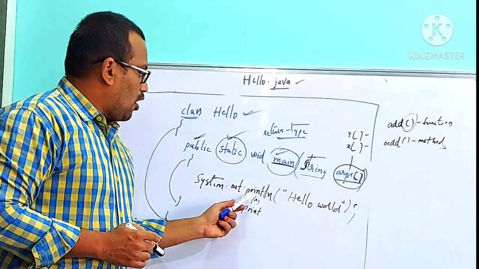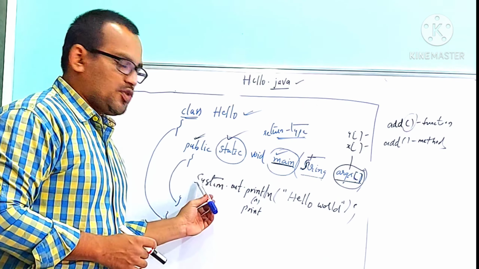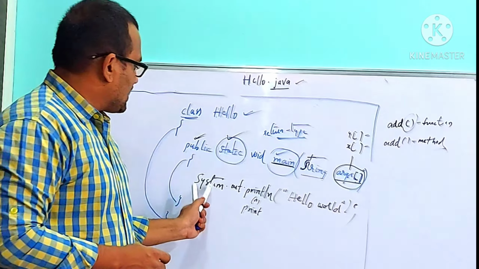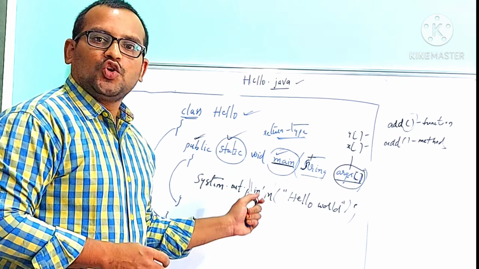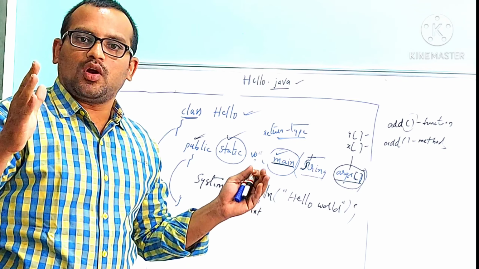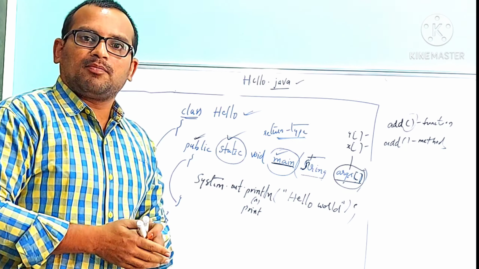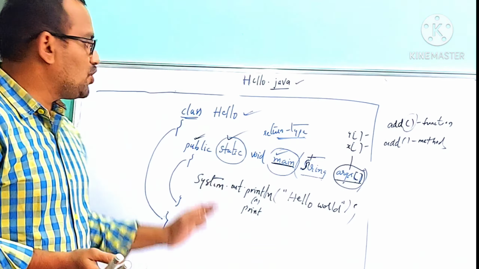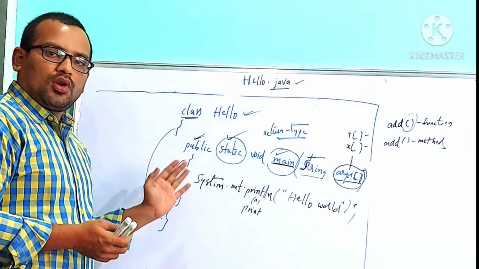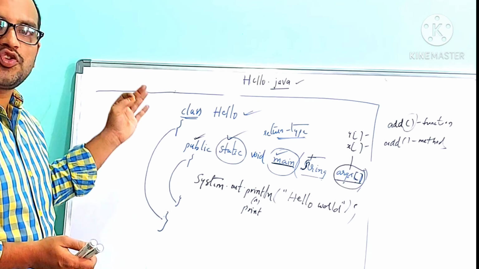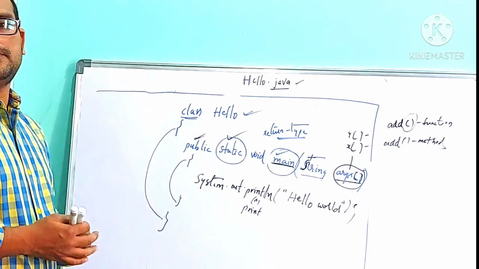So in System.out.println, capital S must be used. S is the capital letter. By using System.out.println, you can print some text at the output screen. Whatever text you want to print at the output screen must be inside double quotation marks, like this: "Hello world". So this is the basic program. This is the way of writing a basic first program in Java, Hello World.